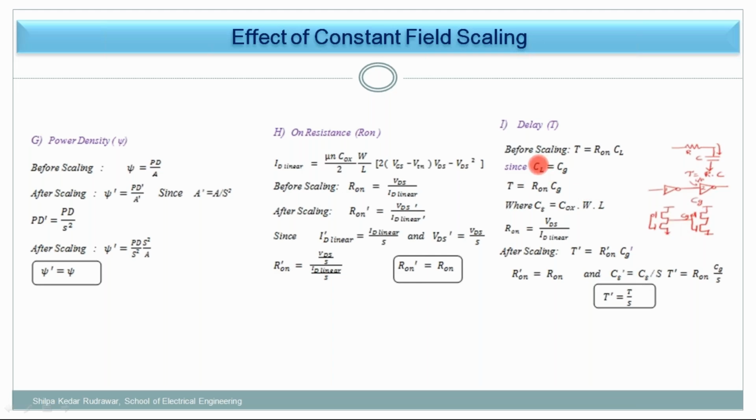So that's why here CL is replaced by CG. Is it clear? Yes. Thank you. Now, as T equal to R on into CG, R into C. So we have replaced the thing, and after replacing, what we got is that T after constant field scaling is